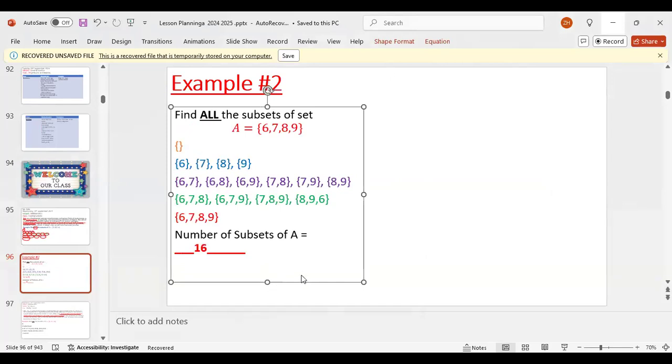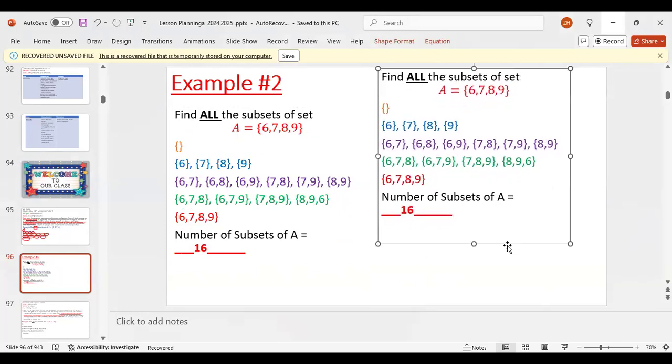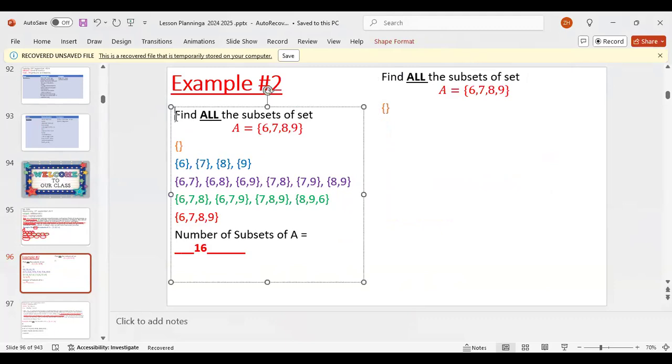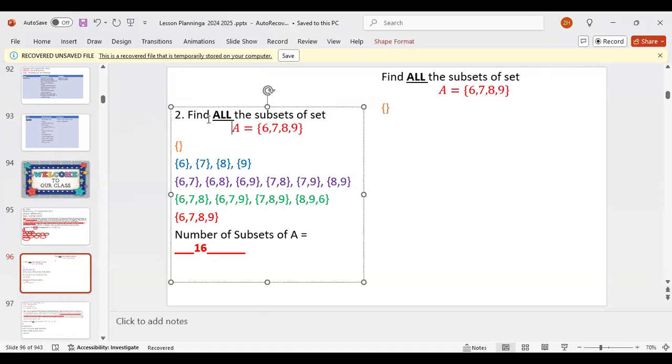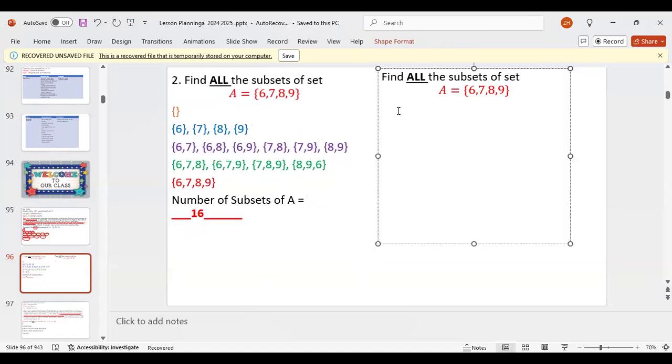And what if it's not numbers? What if it's like letters or something like that? Or objects, or like people or names or fruits or stuff like that? So let's try it with another example. So this is 1. I'm gonna call this example 2. Let me move this heading. So let's do another example. This one is going to be with 3 elements. So let's say, go ahead. Write this down for me.